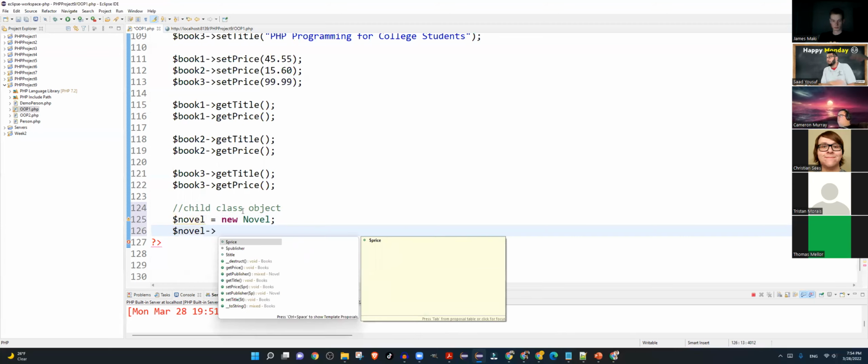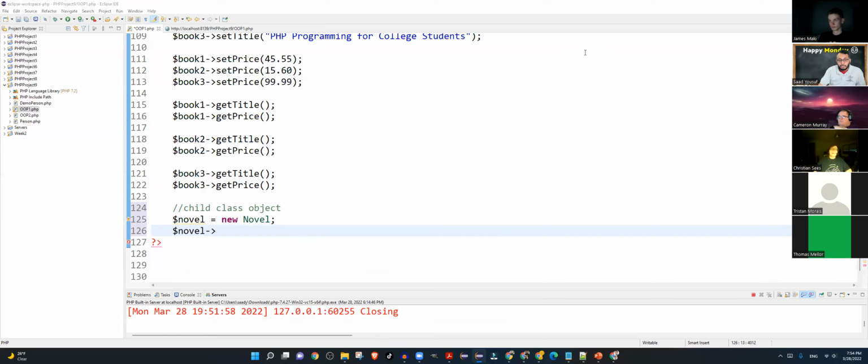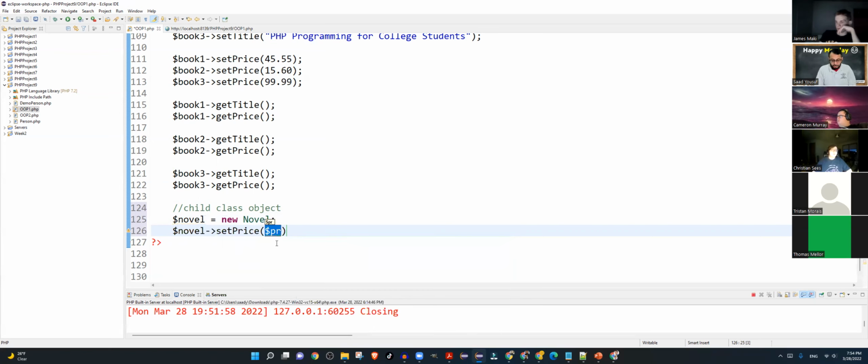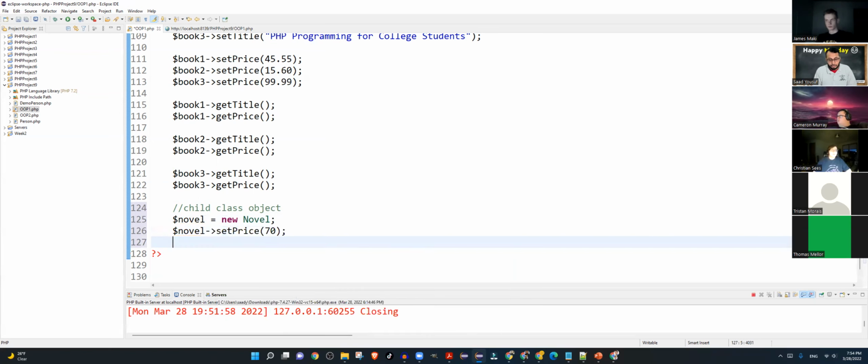Now, this is where I want you to look at the inheritance. The inheritance in PHP is no different than inheritance in any of the other languages. Can you see the list of methods accessible to a novel object? It can see all the getters and setters in book and all the getters and setters in the novel. So let's say if I call set price, set publisher,